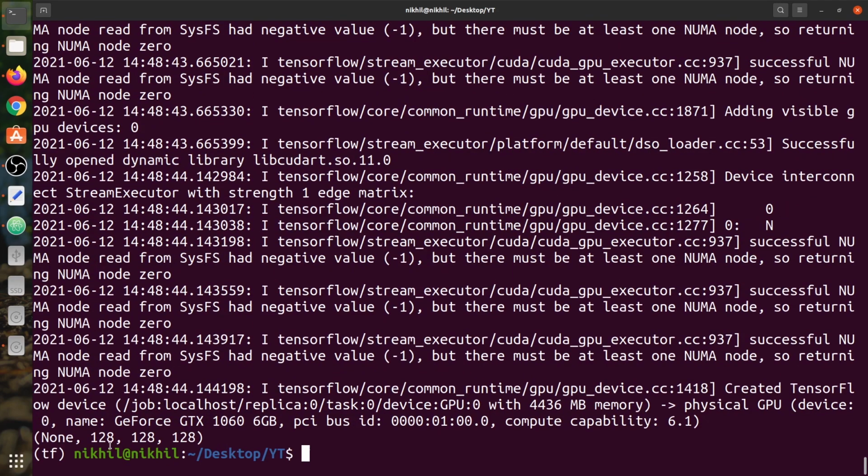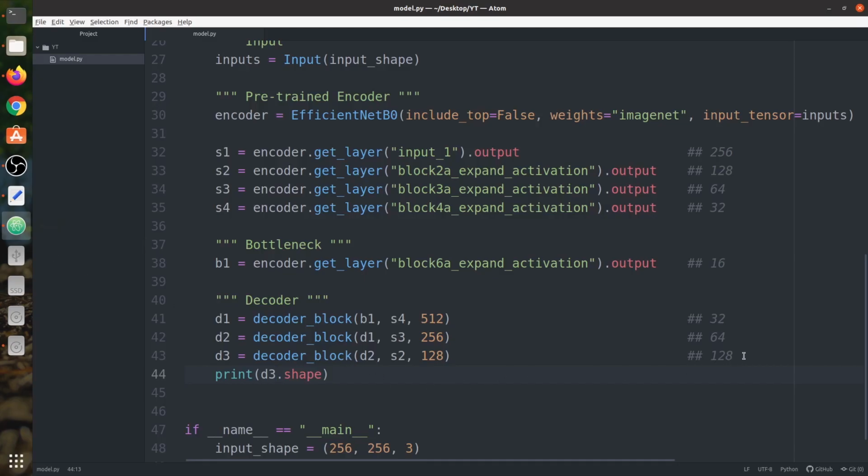Okay, so we have the shape 128 by 128 by 128. That's good. Now finally we have our last decoder block. We name it D4 and input would be D3, skip connection S1 and number of filters 64. Okay, so its shape would be 256, same as the input shape.